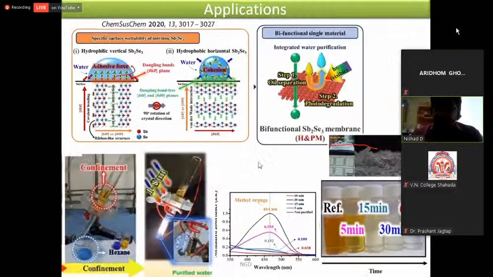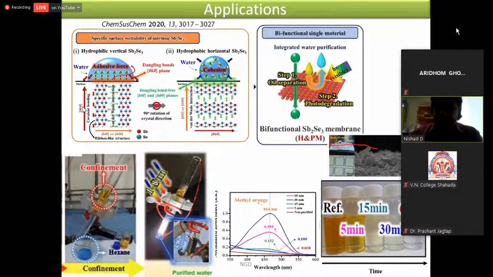Now I'll just try to sum up my talk by giving a simple example. This is our current paper which was published, and what we have done is we have taken antimony selenide. Now antimony selenide has an intrinsic bonding, so along this it has covalent bonding, and along the horizontal face it has van der Waals bonding. So what it shows me is that along the covalent bonding I can see that adhesive forces are taking place and the contact angle is becoming lower. So I am getting a hydrophilic surface if I am stacking the antimony selenide along the 0